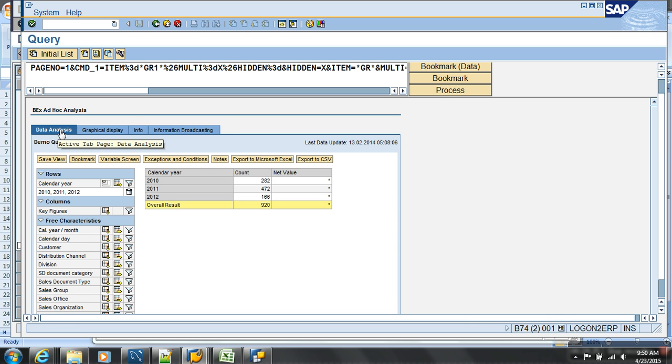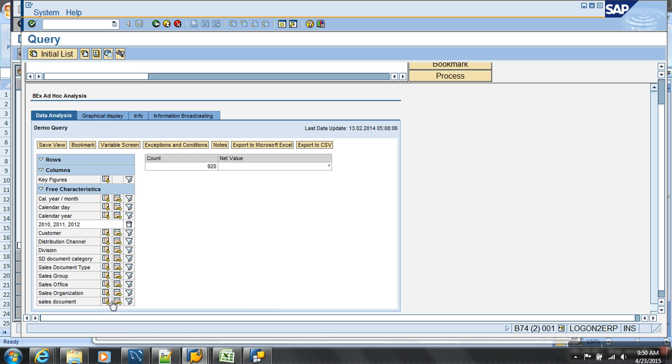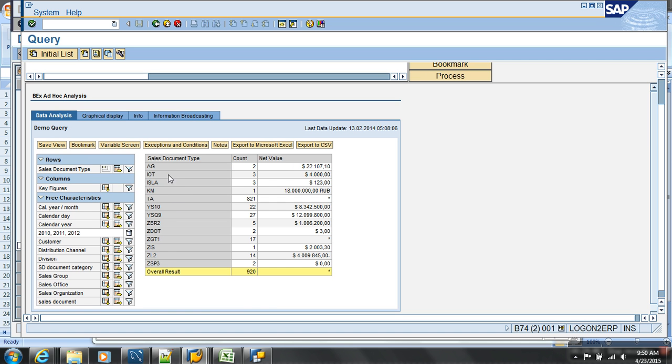I just want more information on this. Slowly I'll change this now to get more information. So the user can drill down on anything. Let's say I remove the drill down on year. I drill down on, say, document type. Based on the document type, I would like to see like this. But look at this. What is the document type? AG, TA. Are you understanding something from this? If I can give you the description of the document type, AG, then you will start understanding what it is. Right? Clear on this?